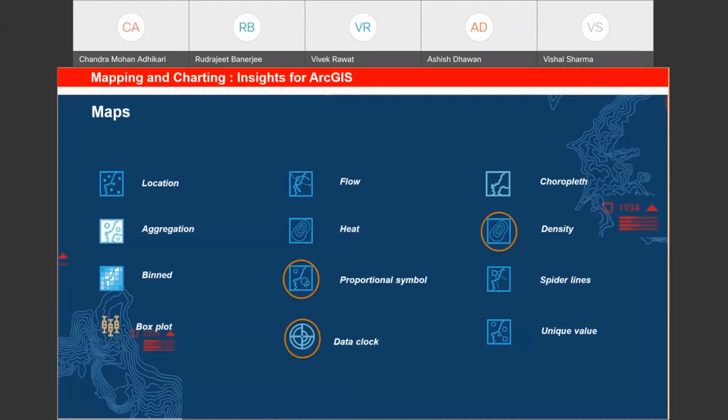Data clock, which creates a circular chart of temporal data, is commonly used to see the number of events that happen in a period of time. Say, for example, a police officer is looking to get an idea of when drivers are jumping the red lights in his patrol area. If you take a 24-hour clock time, he can better understand it from this kind of chart for you. Box plot, it's an outlier identifier tool so that you can use it for finding out the values which are coming up as outliers.